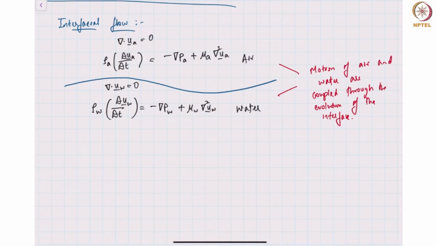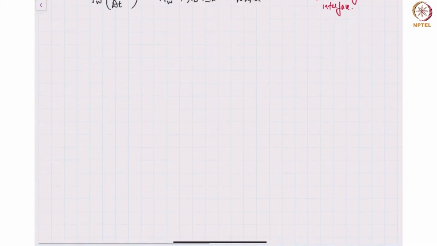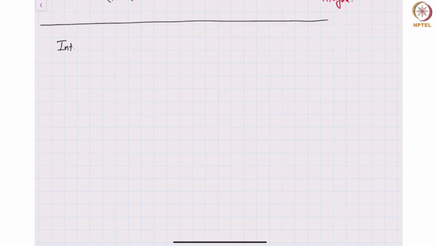To do this, we will move away from writing the equations in differential form, and we'll write them down in an integral form. Let's start by looking at the boundary conditions at an interface without considering any additional forces such as surface tension. So we'll be looking at the integral form. Let's start with the integral form